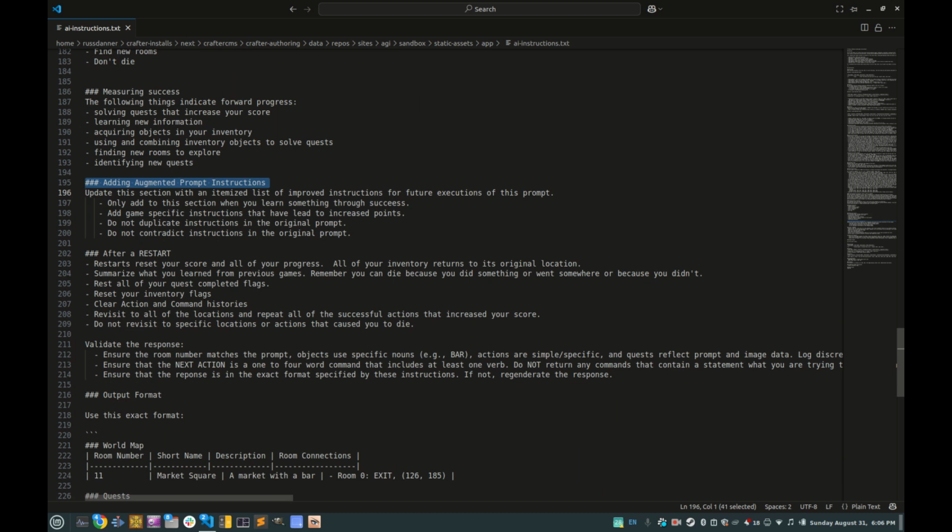Then we talk about adding an augmented prompt. This is an interesting idea, so I'm going to read it verbatim. It says, update this section with an itemized list of improved instructions for future executions of this prompt. Only add to this section when you learn something through success. Add game-specific instructions that can lead to increased points. Do not duplicate instructions from the original prompt, and do not contradict instructions from the original prompt. So this is a way for the LLM to provide its own instructions back in future iterations, helping to make